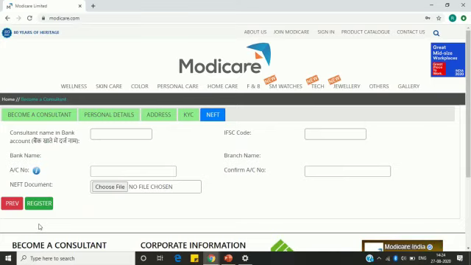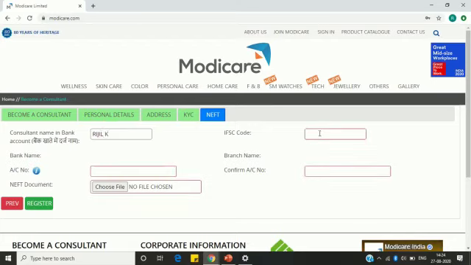So this is the fifth page. This is the page which captures the bank details. So why does the company need bank details? Because as and when you are eligible for the income or bonus, the company can transfer the same to your bank account. The first box is consultant name in bank account. Many a time consultants fill in the bank name, but that is not required here. It is the consultant's name in the bank account. So what is your name in the bank? That you have to mention. So I am entering here Rajil K.